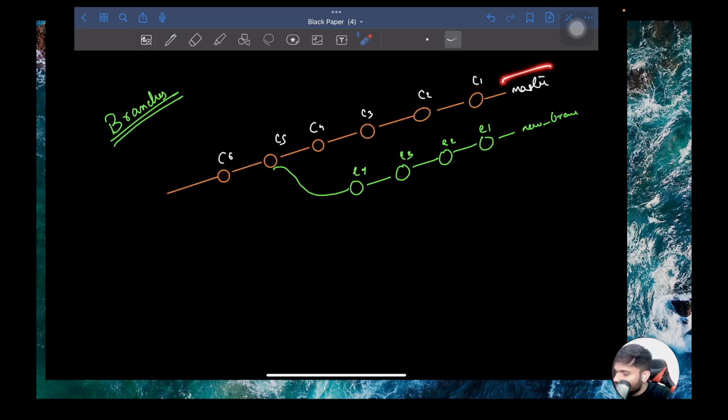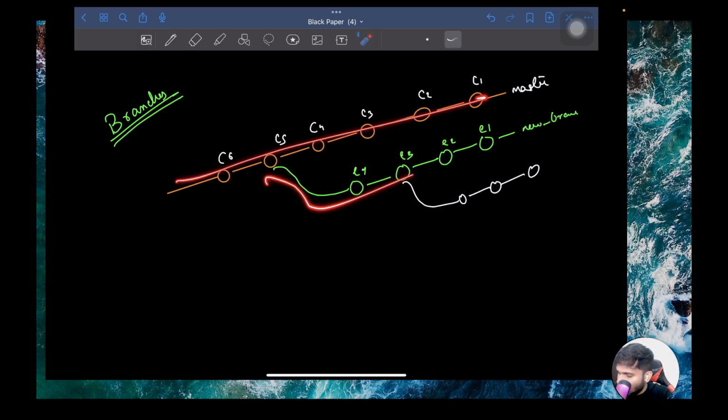Consider that this is your master timeline where you are making changes. And then if you ask someone what a branch is, they will consider it like a parallel timeline that you are preparing along with another branch. Then some other parallel timeline altogether. People consider branches to be kind of like parallel timelines of your code.